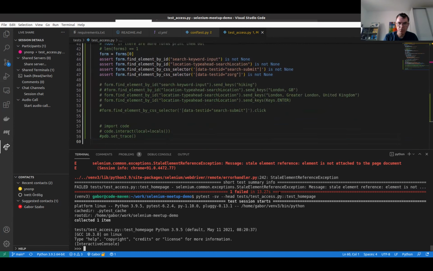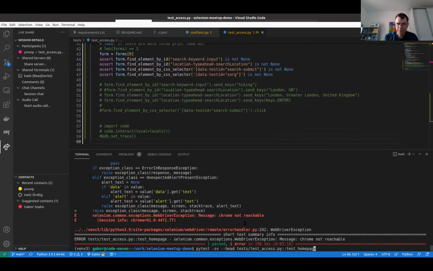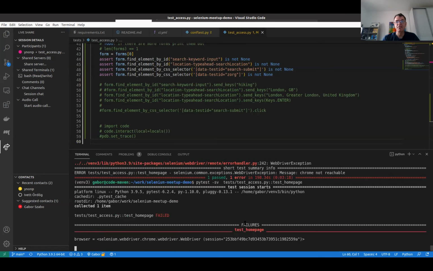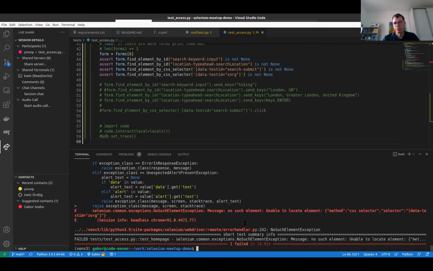Okay, so all these, and I can run it headless now. And this should fail with this Zorg thing, because, yeah, 47. But it shouldn't raise an exception. Oh, it should. Hopefully it should properly say that it is unable to locate element Zorg. That makes sense. So it's an exception. It's not just returning none.